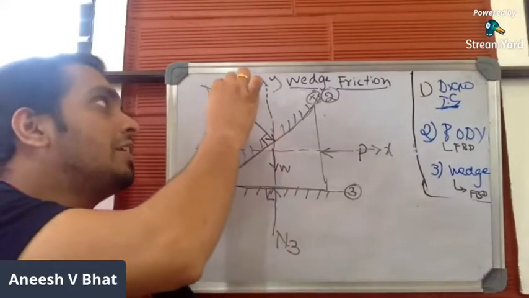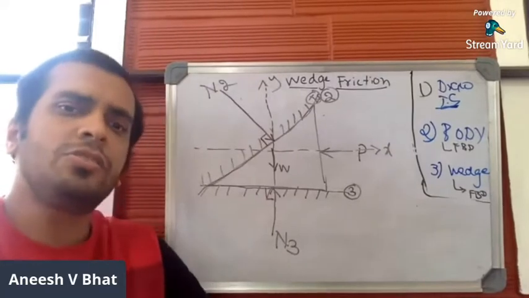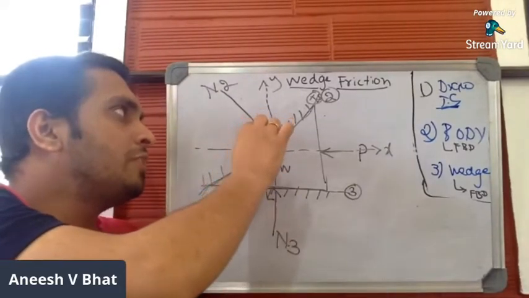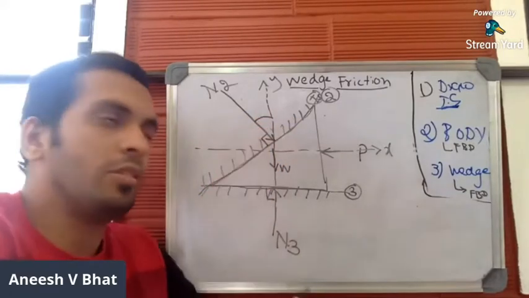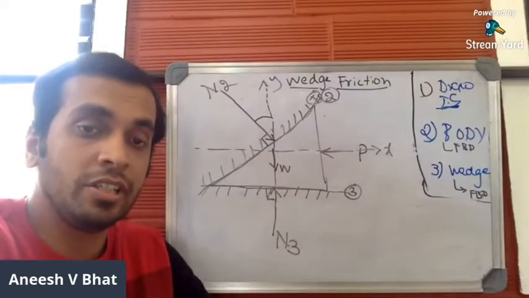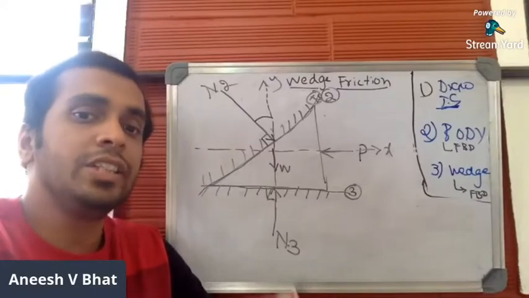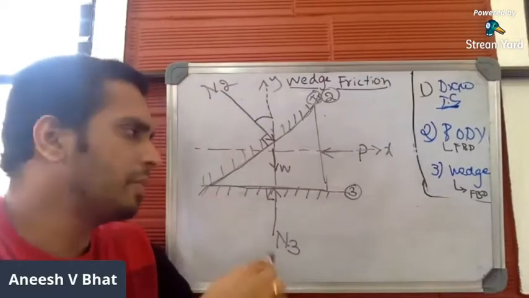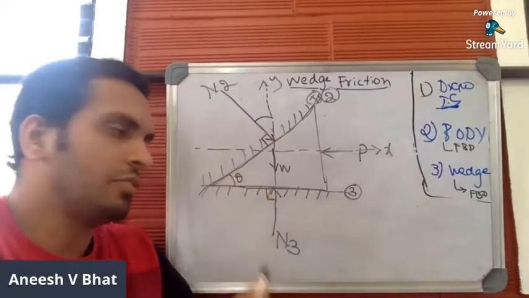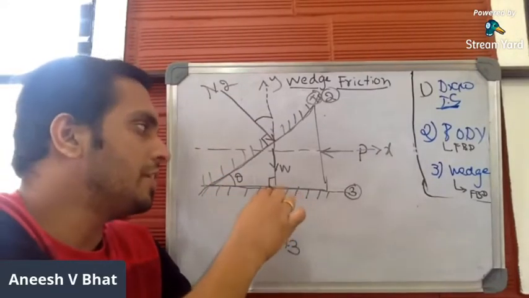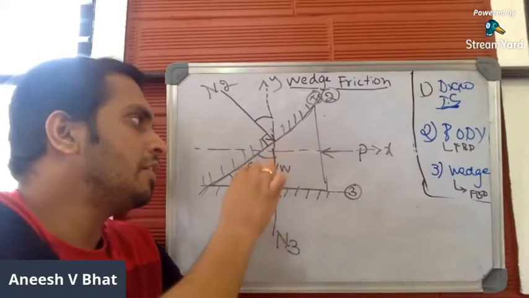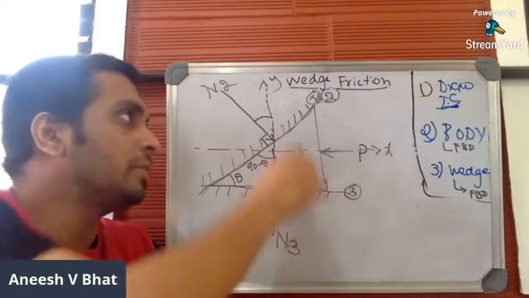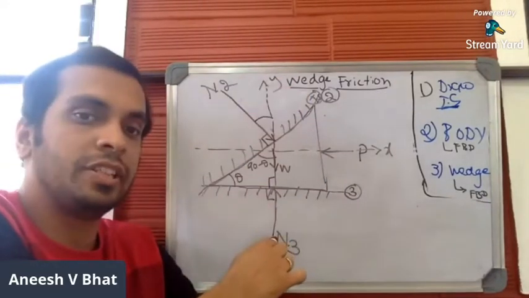This will be N2. In order to draw the free body diagram, you need the angle made by N2 with respect to vertical or horizontal. Let us find the angle made by this particular force with respect to vertical. It's very simple. If this angle is theta, this will be 90 minus theta. Just observe the drawing properly. This is a vertical line, is it not? The y-axis is a vertical line.